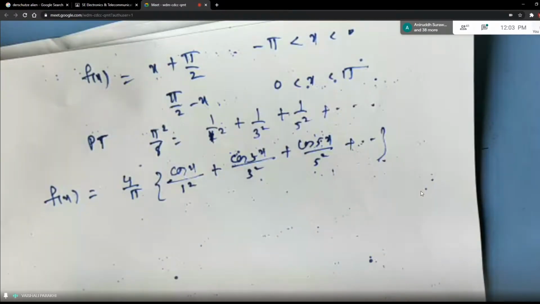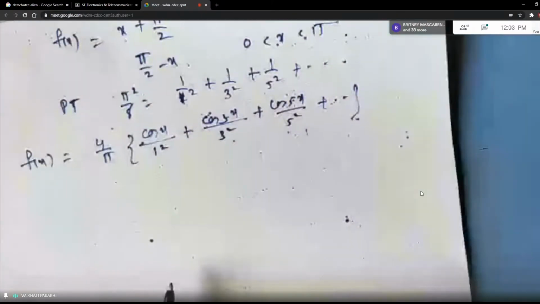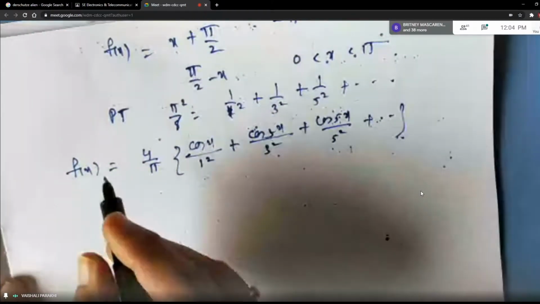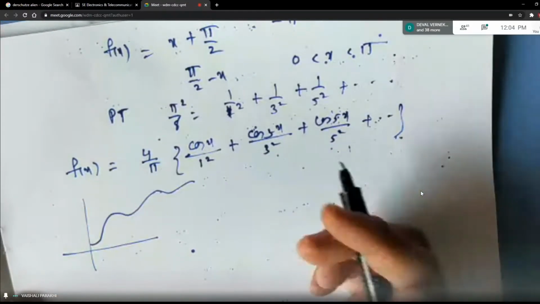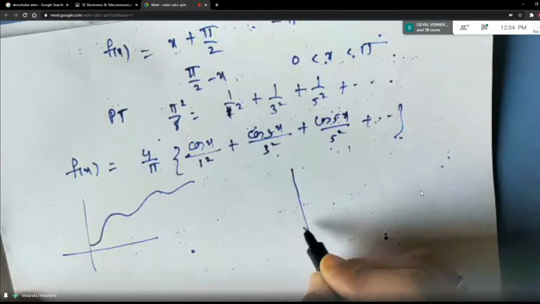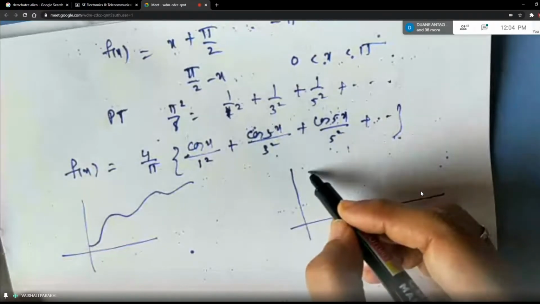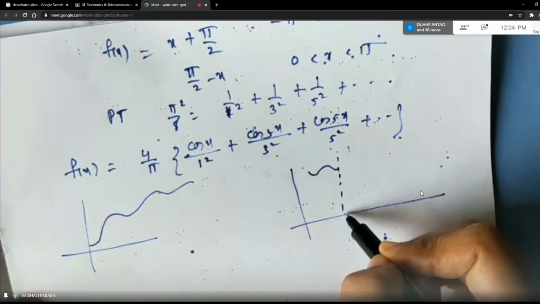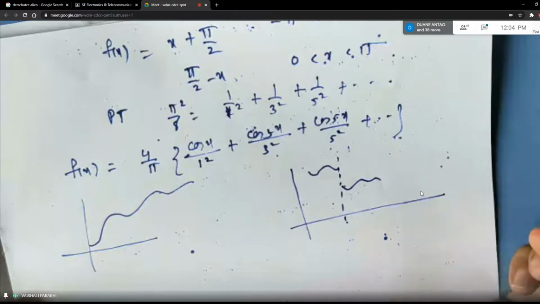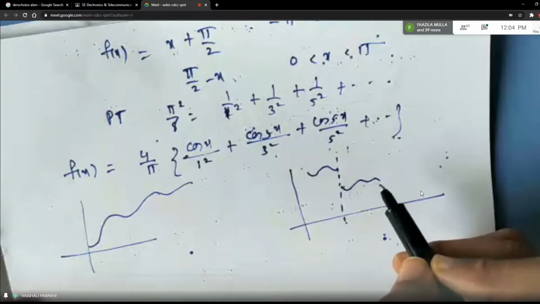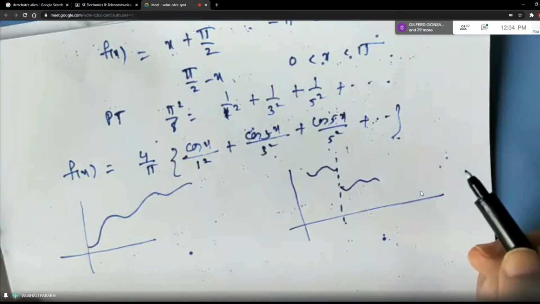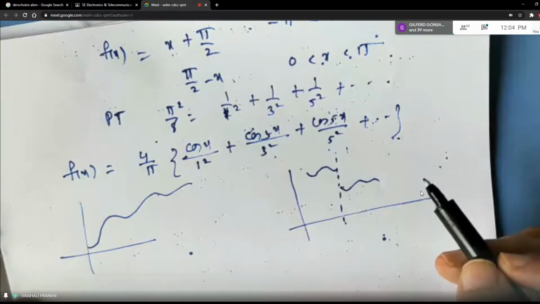And continuous function means what? There is no break in the function. For example, let me explain here itself. Please pay attention, students. A continuous function will be some function like this. It is continuous, there is no break. But if you have a function like this, and it is breaking at some point, and the function continues here, it means there is no joint here. It is breaking.